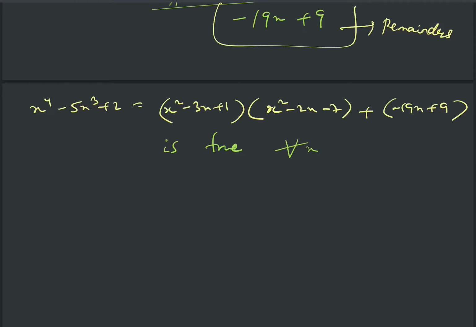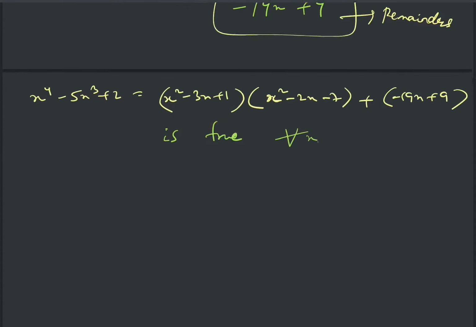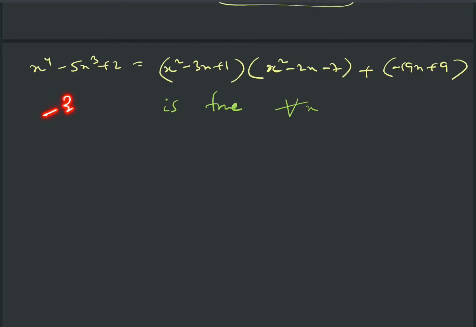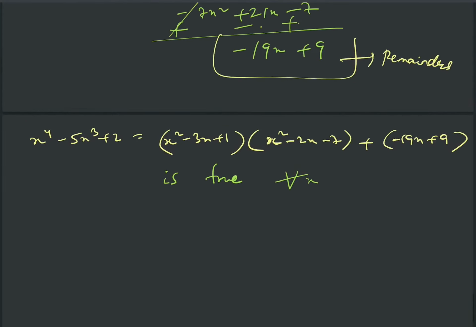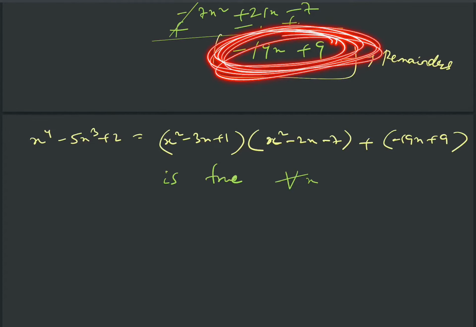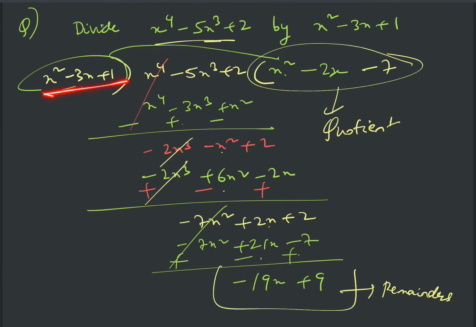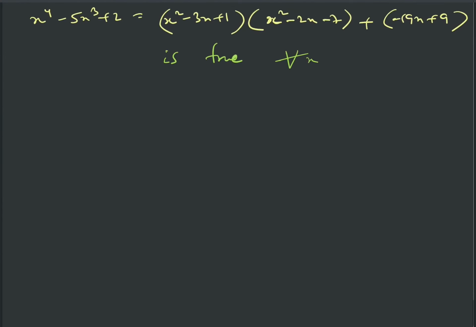You can put any value of x, right? If you put x is equal to 1 and you check LHS and RHS, you'll get the same. If you put x is equal to 2, you check LHS and RHS, you'll get the same, right? You can try to verify this. You put any value of x, you put minus 23 by 5 in LHS and in RHS, you'll get the same value. So this expression is true for all values, right? And when the remainder becomes 0 identically, then only you can say that this is a factor of this, right?